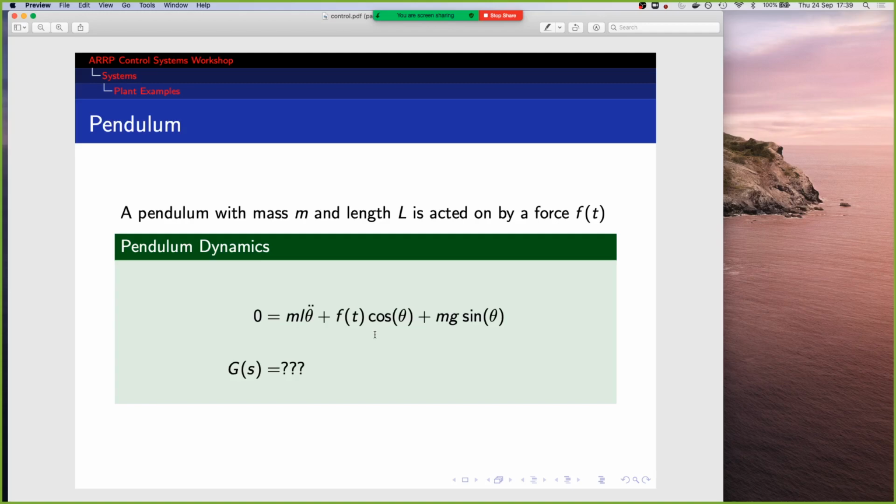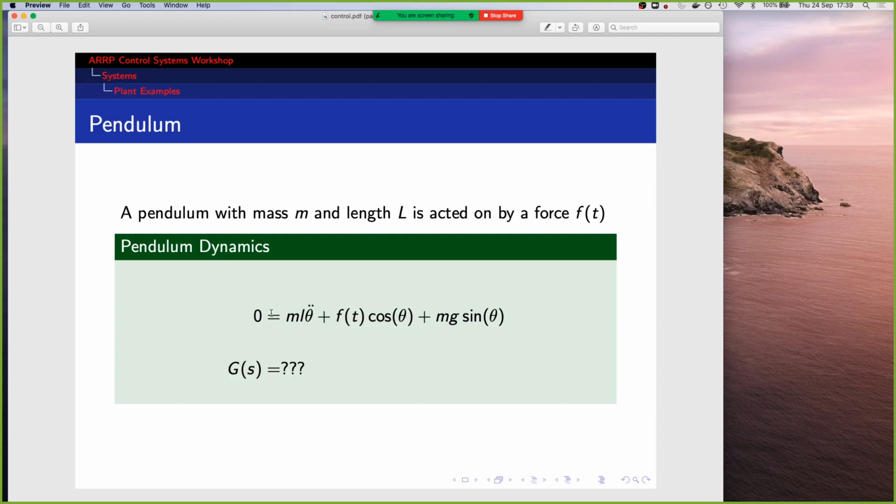Any others? Inverted pendulum, excellent. So if my pivot's down the bottom and my pendulum goes up the top, I've got an inverted pendulum, and there is an equilibrium point where the pendulum just points straight up. So can we see that